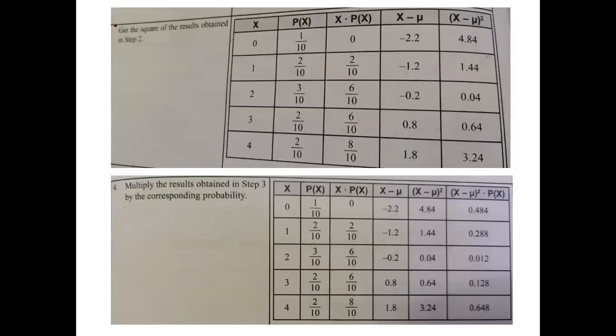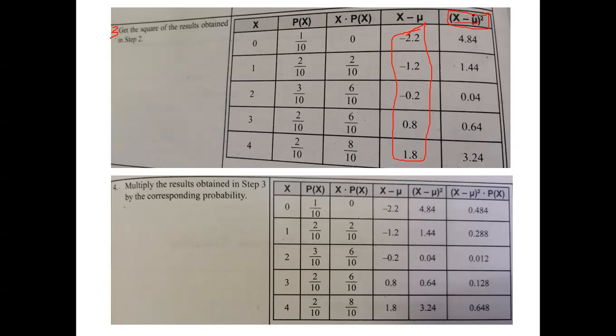So, step number 3 here is to get the square of the results obtained in step 2. So the results now here is this one, the result of x minus mu. It says to get the square. So we're going to square it in the next column with the quantity of x minus mu raised to the power of 2. Raised to the power of 2 means you're going to square the